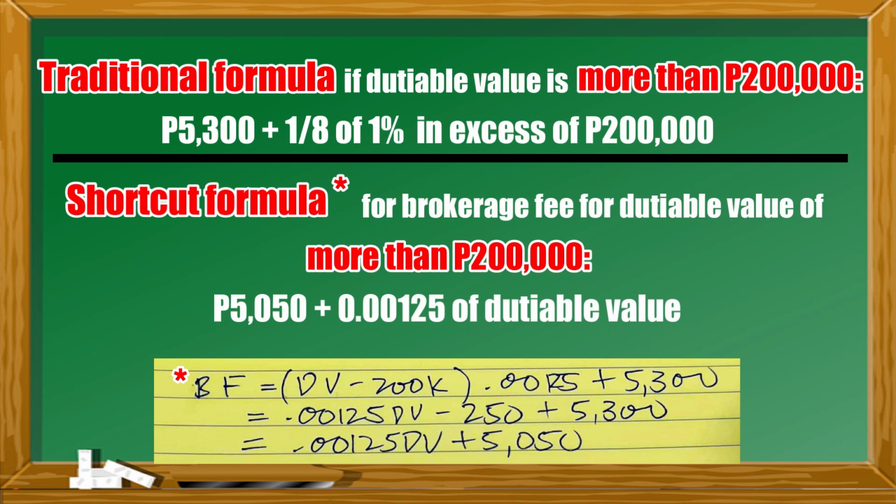stating it, no? Formula-wise. So, para po, kasi kung yung 1/8 of 1% pa, diba, in excess of the 200,000, so medyo mahaba po yung formula. So, shortcut na po namin yon. So, next one, let's now go to in computing your